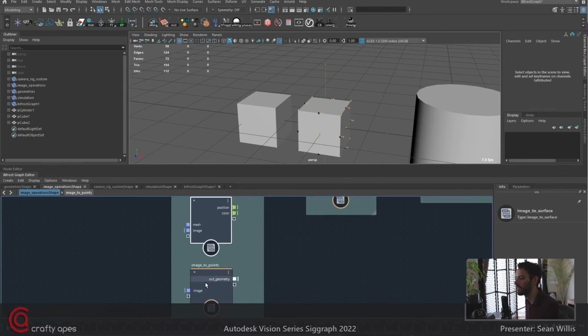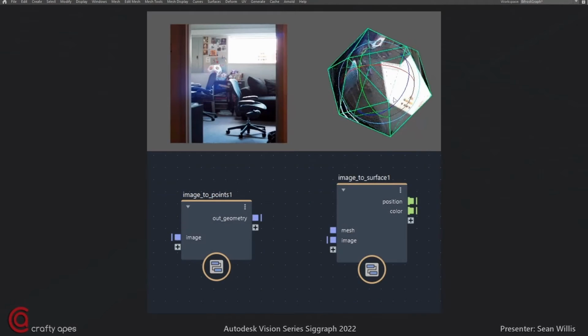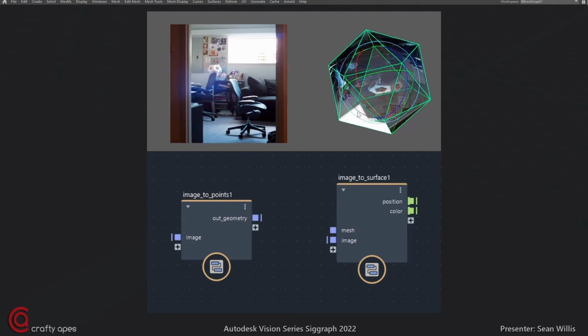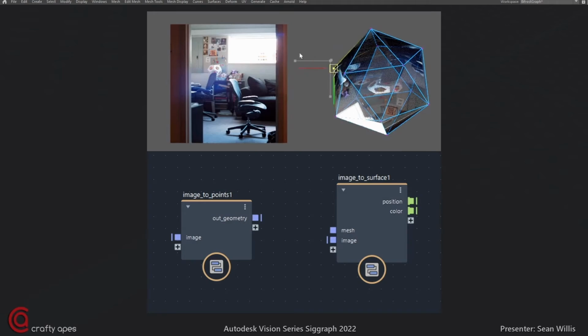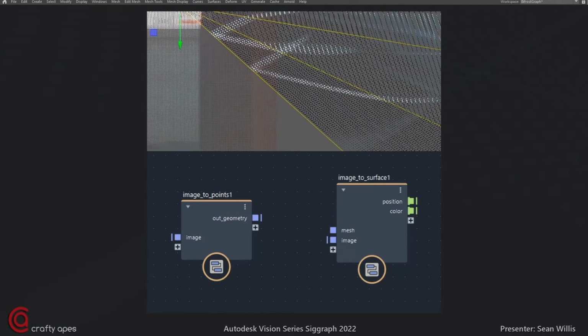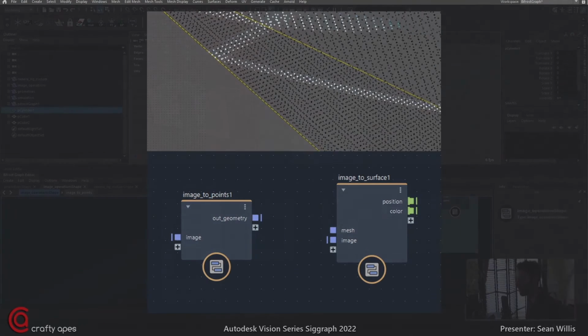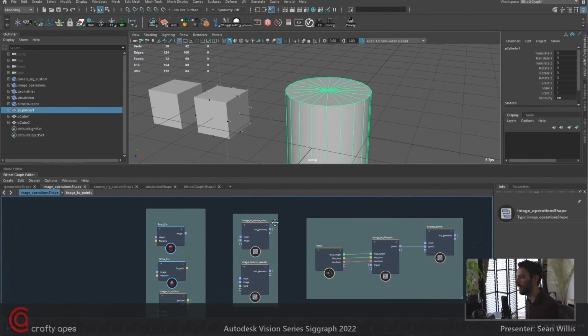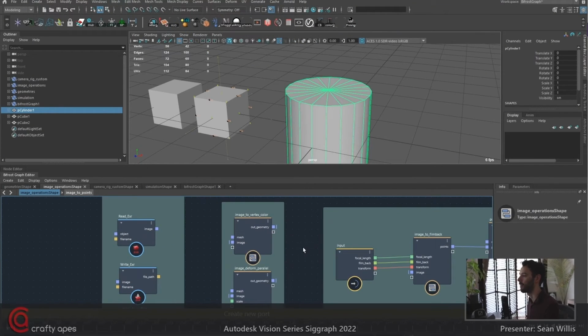And then we have image to surface, image to points, and these two just. One of them slaps it on a surface using barycentric coordinate sampling, and the other one just 0 to 1, it just puts it there so you can see it. This is more of a debugging tool, but it also has its use cases. And then we have image to vertex color. That one's one where previously what you had to do is you have to texture it and then you have to bake it using Maya software. Now we can do all of that